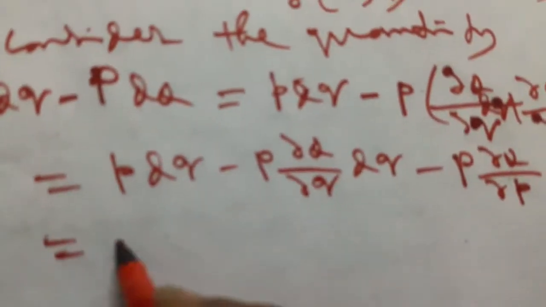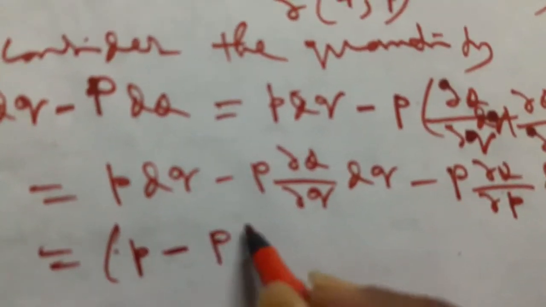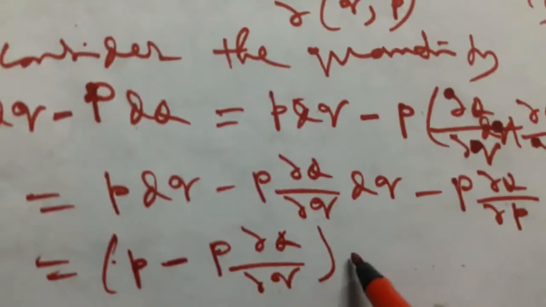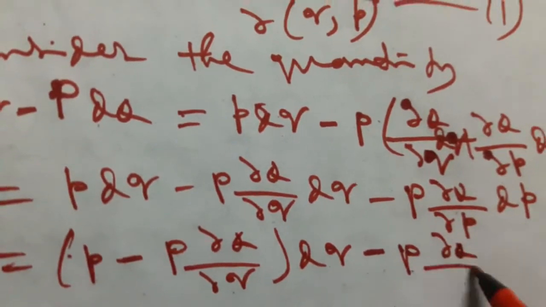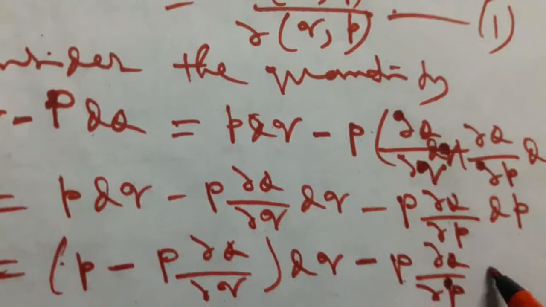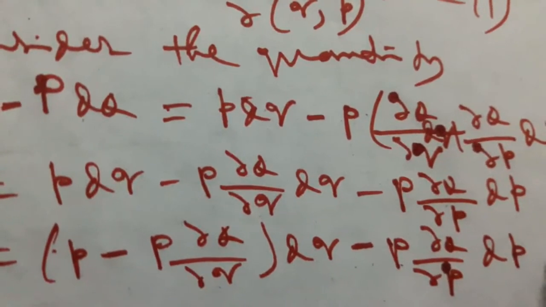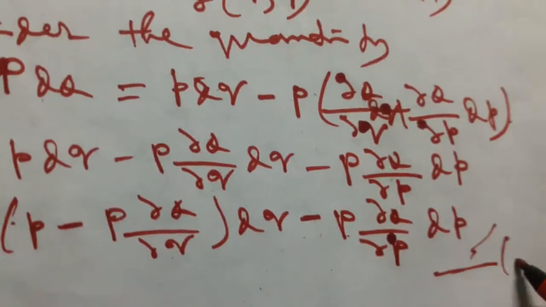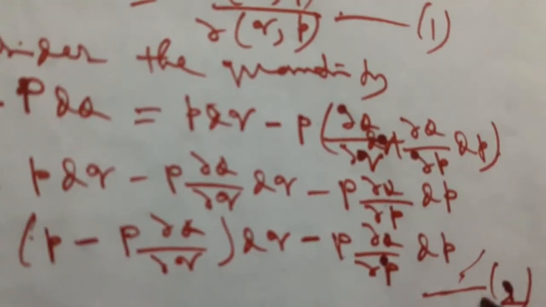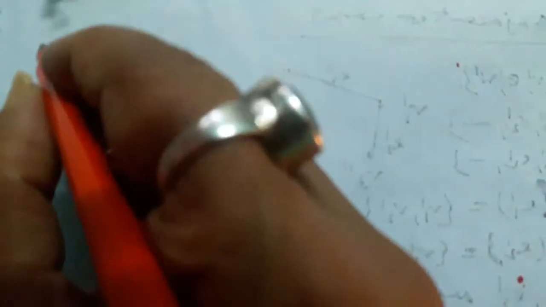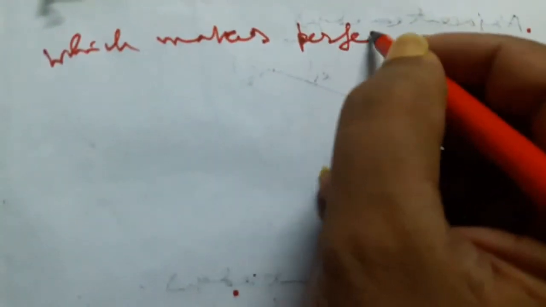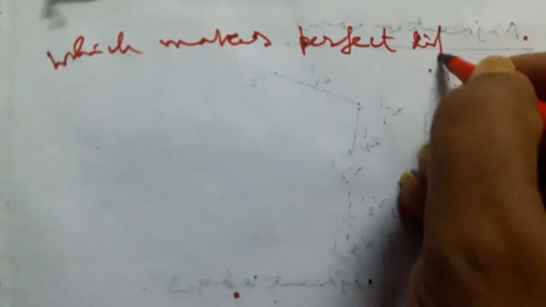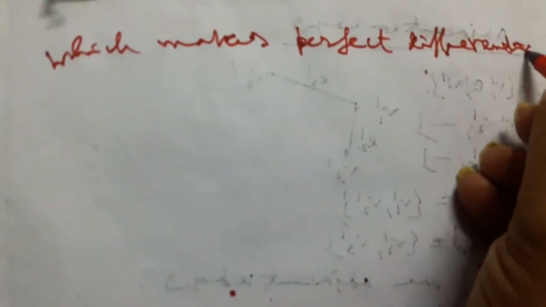So taking p common, it will be (p minus P del Q del q) dq minus P del Q del p dp, taking it as equation number 2, which makes a perfect differential if